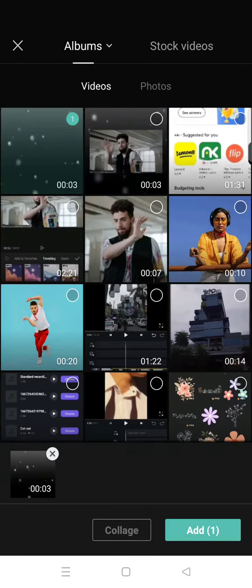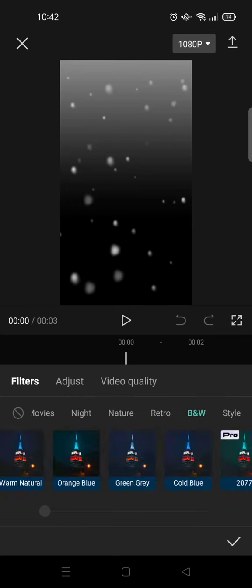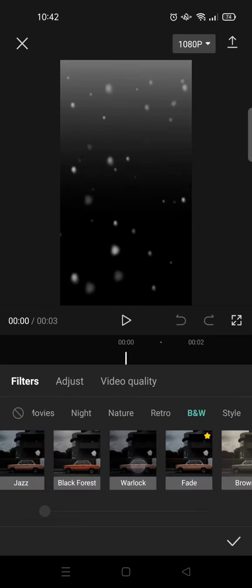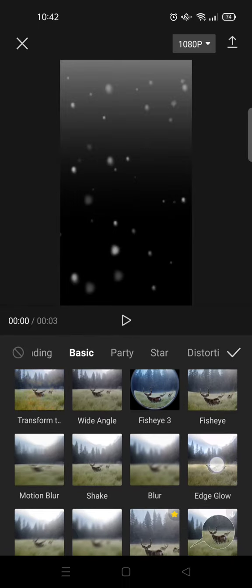Click on the previous video, and then here go to filters and find the BNW and choose Warlock. This one, click on the check icon and then go to effects, video effects, and then find basic and choose the edge glow. Okay, here is the final result for the background, and you can just add your video in